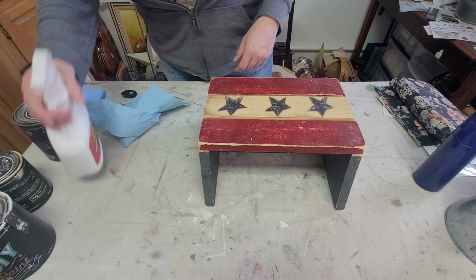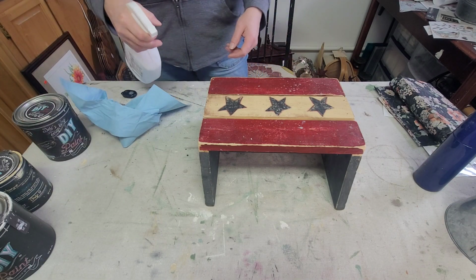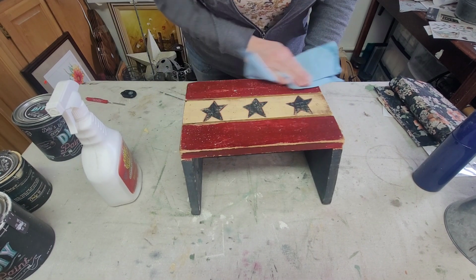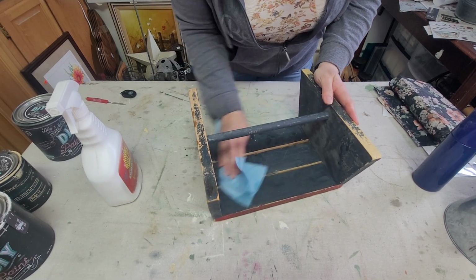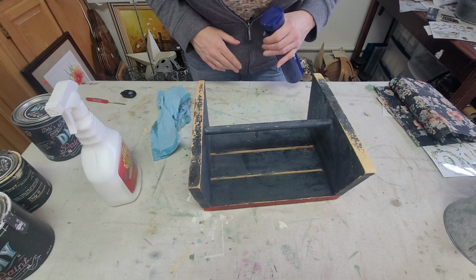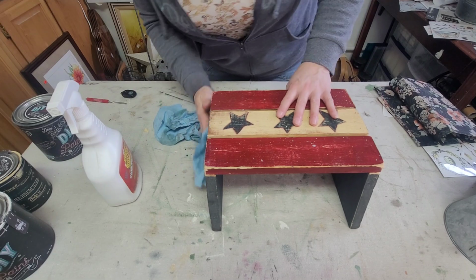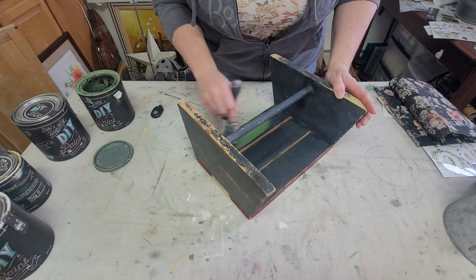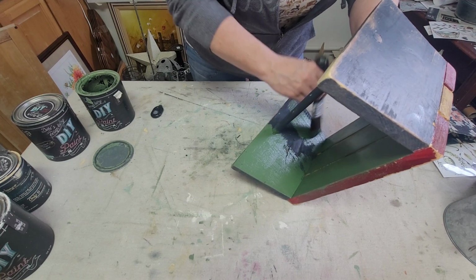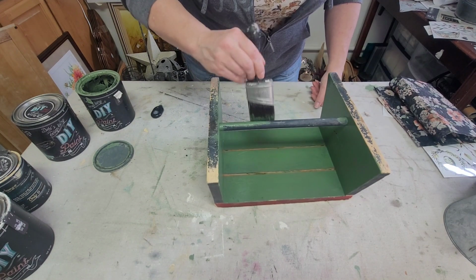For project 3, I've had this cute little wood footstool sitting around in my kitchen for a while, and I decided it was time to get it a new look. So I'm starting off by giving it a bath because it's pretty filthy, with some Crud Cutter followed by some clean water. Once that's dry completely, I began to paint, and I'm using DIY's Aviary for this project,